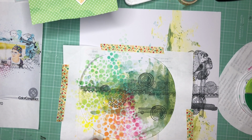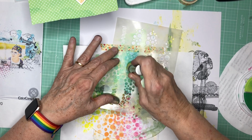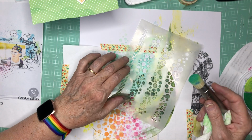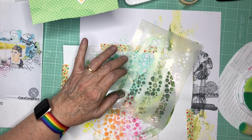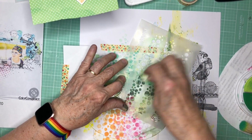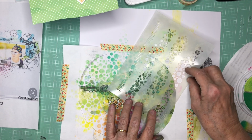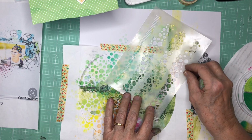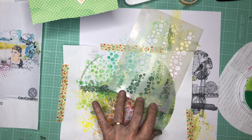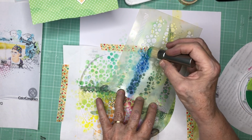Now I'm gonna go for the blue. And it's coming out awfully aqua. Let me go here and clean that off. I would say that the green is one of the stronger pigments in here because it's really picking up a lot on that green. So now I'm going to use this really dark blue. Maybe right in there. Ooh, that's nice, and it's a pretty bright blue, but it may be